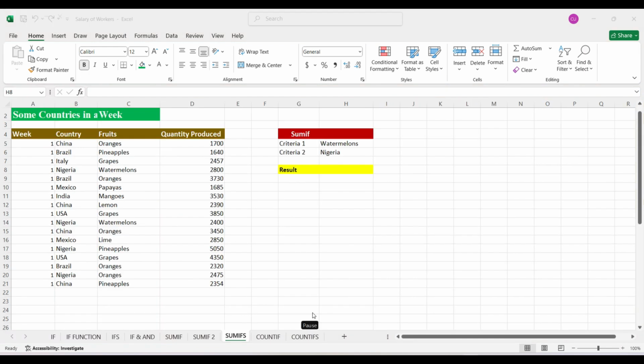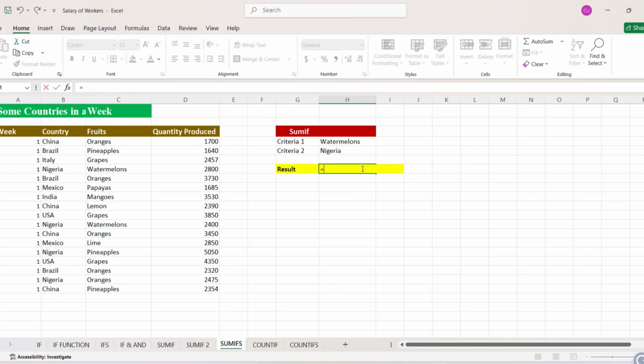SUMIFS, from the name, it's plural, so we're considering two criteria. Maybe you're giving two criteria to consider. It's just like the SUMIF, but in this case, it is two criteria together. This shows the production of fruit in different countries. It's just an example. Equals SUMIFS,